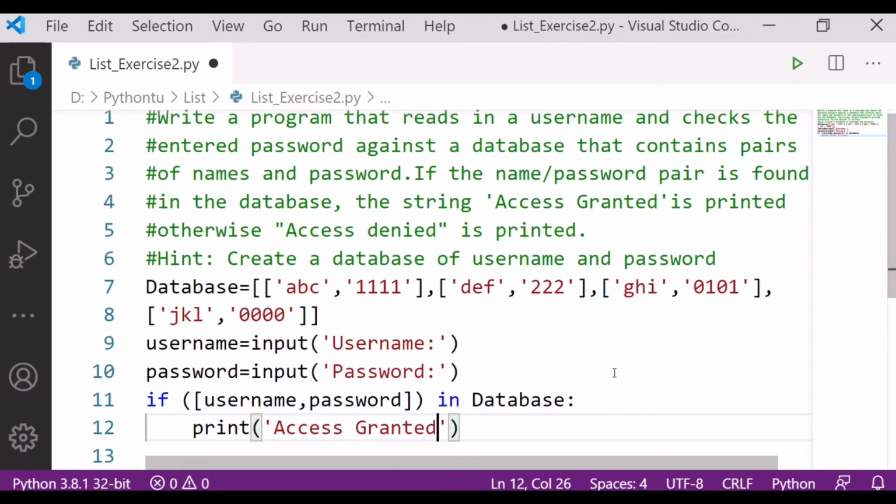Otherwise, if suppose the password and username you have entered are not matching, then what will it do?